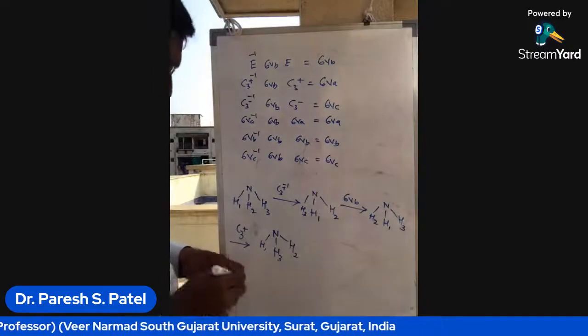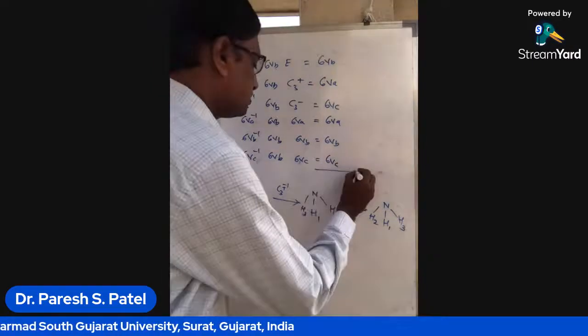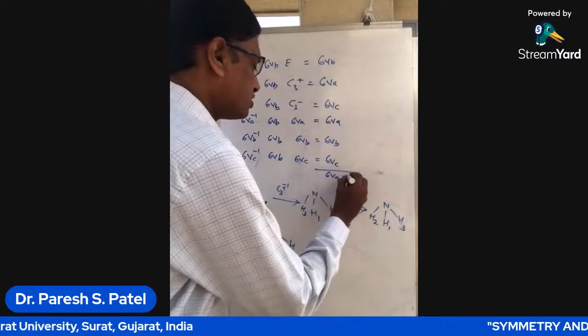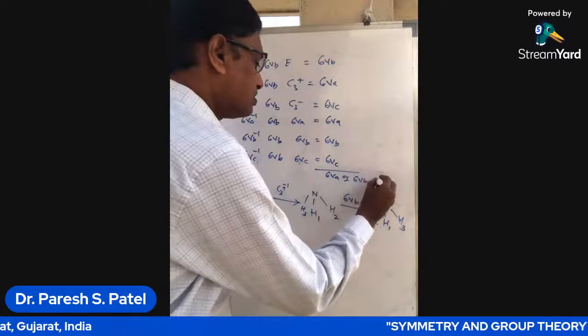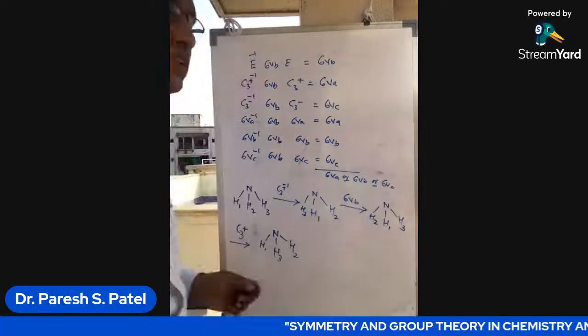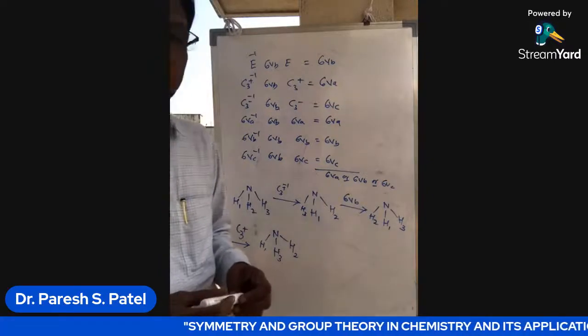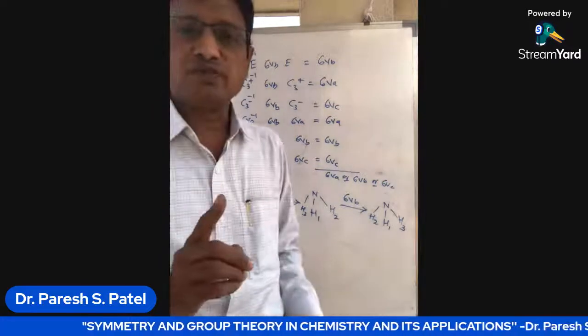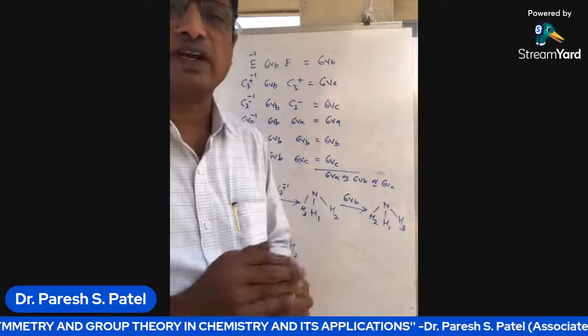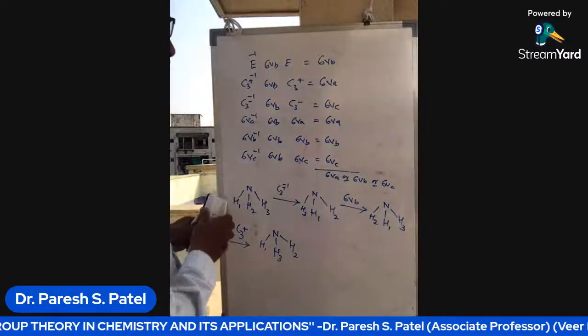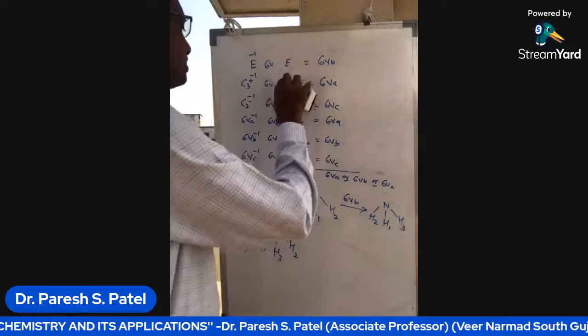Overall the result is sigma Va or sigma Vb or sigma Vc. So this indicates that sigma Va, sigma Vb, sigma Vc are conjugate to each other and form a combined class. And last one, if we take sigma Vc,